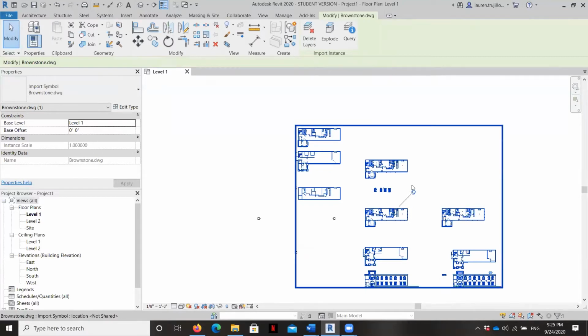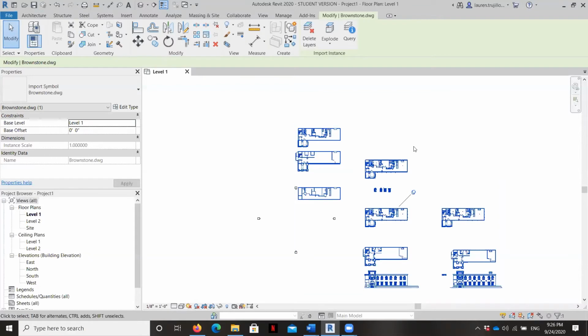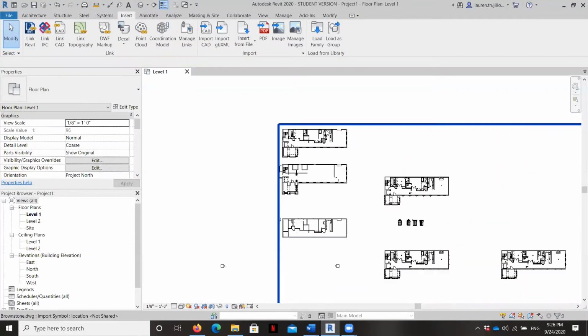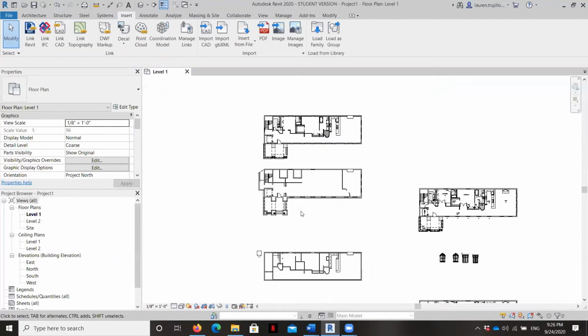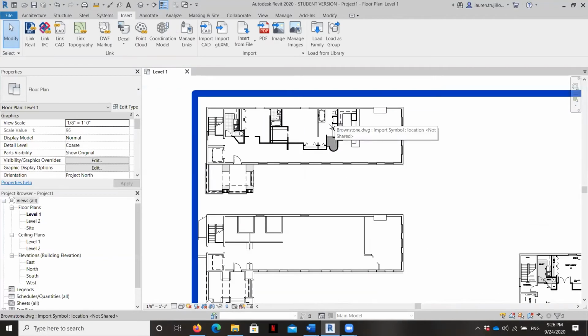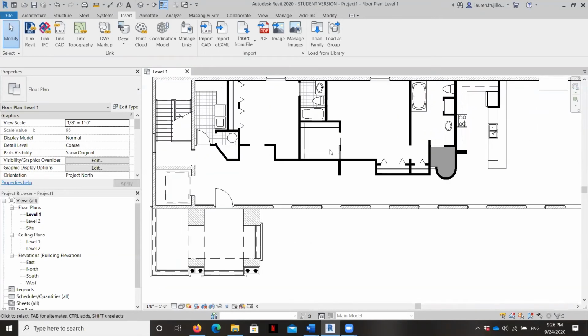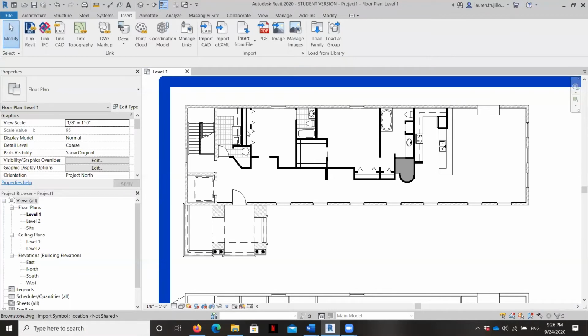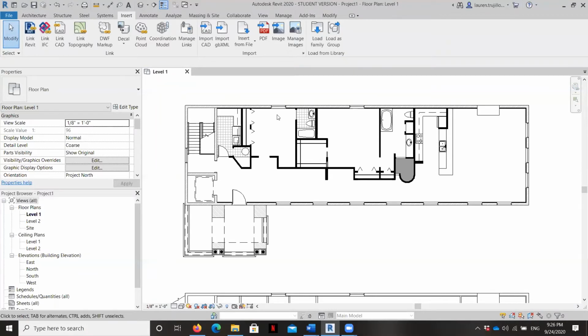But there's, as I said, a lot of stuff that's coming in with this project, and we're not going to really delete it now because it's just line work and we don't know quite yet what we're going to need. So we'll just leave that there. But the one thing that I do want to do is check the scale. Most of the time, interior doors are ideally 3 feet. But this one, they're a little bit smaller because this is a historic building. So I'm going to show you how to check the size, and then I'm going to show you how to scale it up or down, even though we're not going to actually do that. We're going to keep things the size that they are right now.